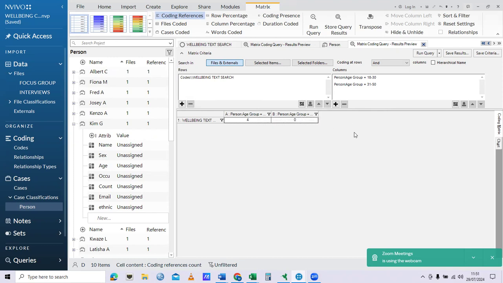31 to 50. What happened there was that I asked it to break down the references where well-being had been coded: how did it break down by age group? What we found is that there were four instances where people 18 to 30 mentioned well-being, and no instances where people 31 to 50 mentioned it. Even though that was a bit limited by the fact that I haven't put in the age data,